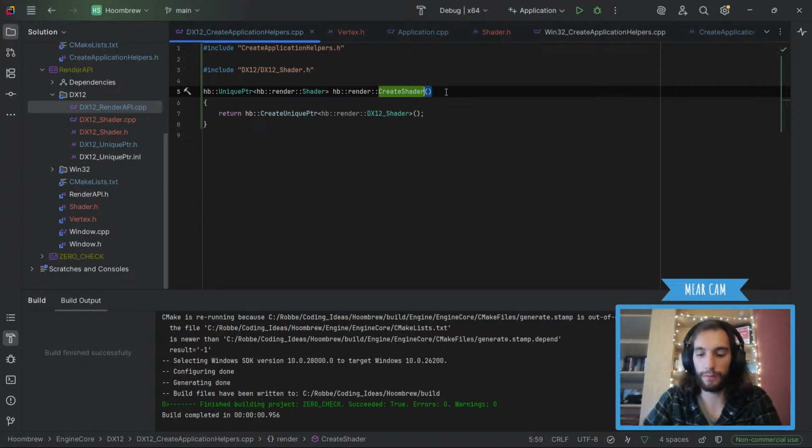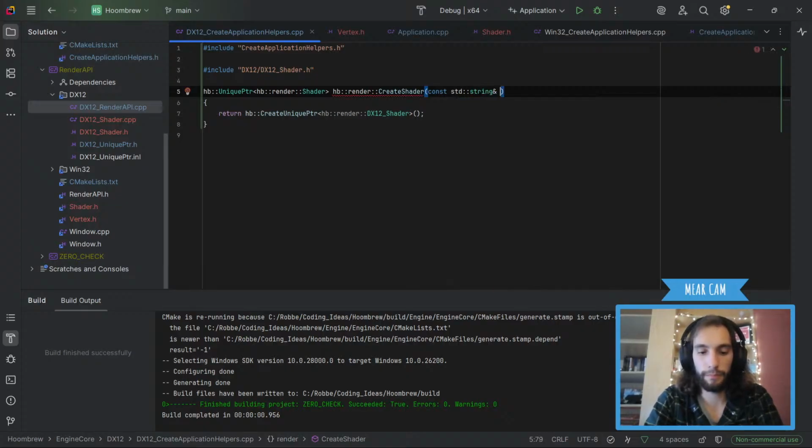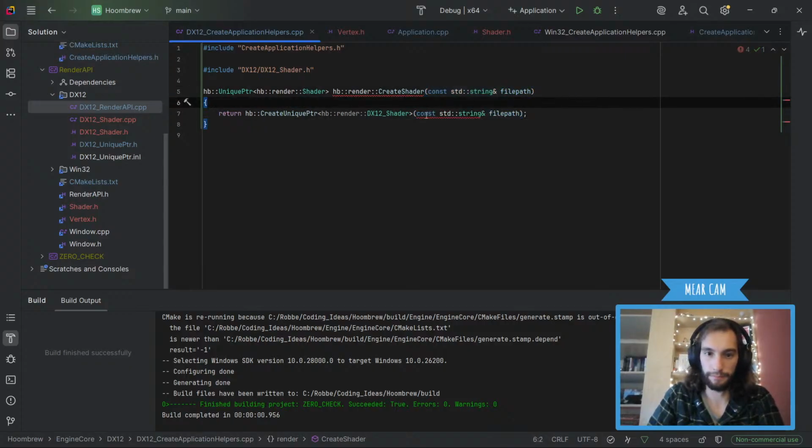Okay, so create shader will have a const standard string reference file path. And we're gonna copy that through to this.